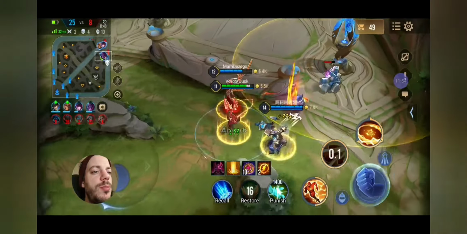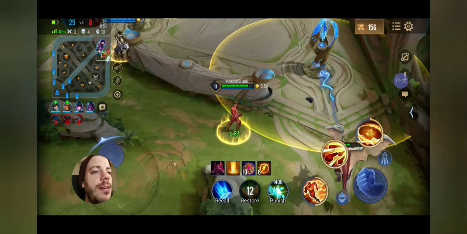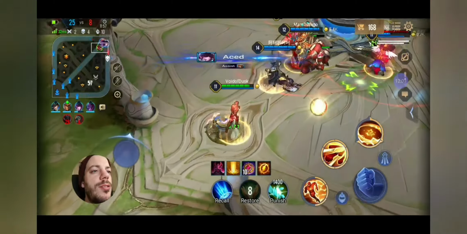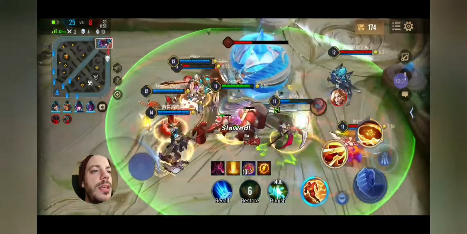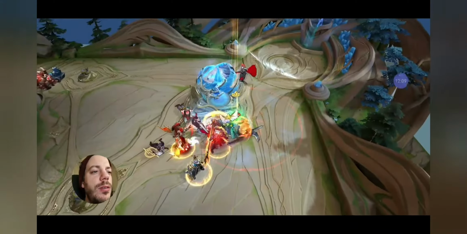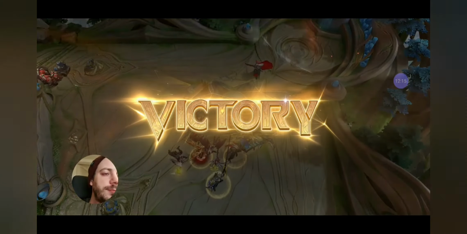Like, you want to protect the ADC, you want the ADC to work around this. Like, I was thinking about going into the towers just to tank it a little bit more, and then just decided, no, we need to be here. We need to do this, and I think the ult was set up pretty nicely. I even killed another person, so...